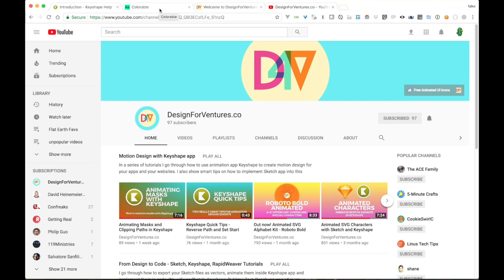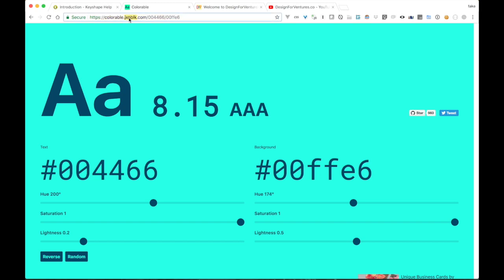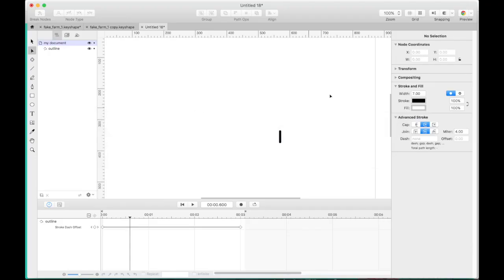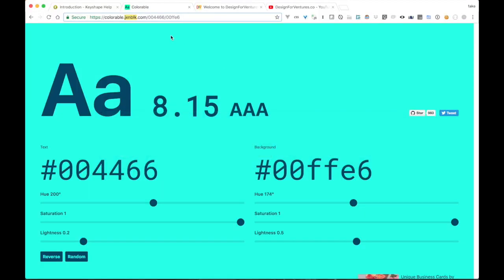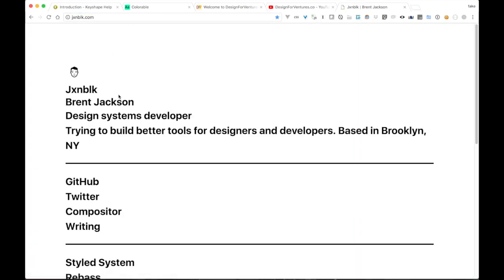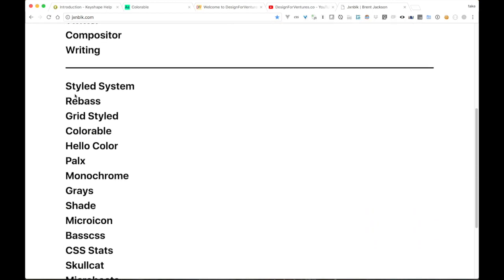One of the other tools that I love, this guy Brent Jackson, he has a ton of tools, and I so far do not see a swatch like Illustrator where you have a swatch key, and I never pick good colors when I'm here. I never do. You know what I mean? It's just too many, and so the chances of a good color are terrible. So I use this guy's tools. He has a ton of them. Let me just go ahead and show you a couple others because it's worth it. Brent Jackson, check these out.